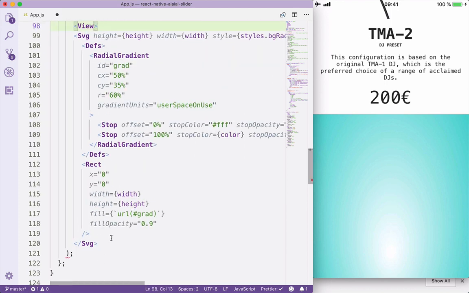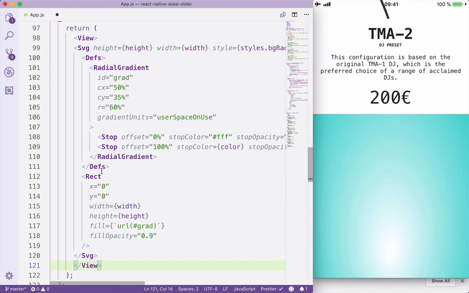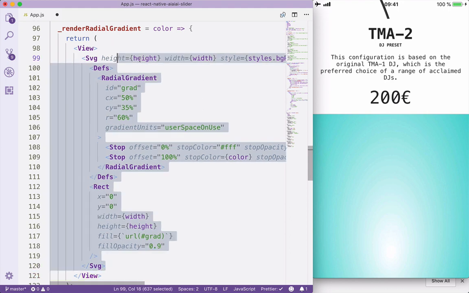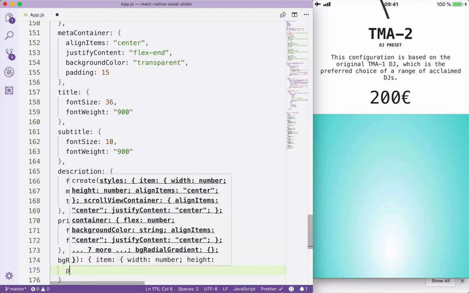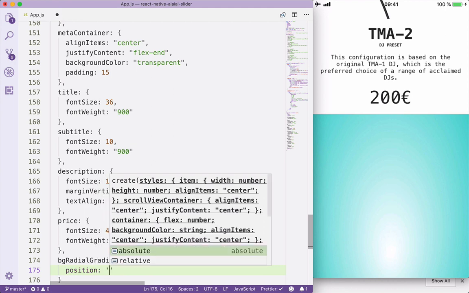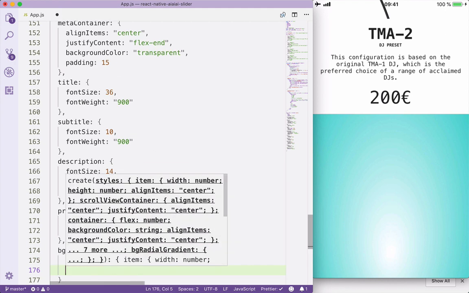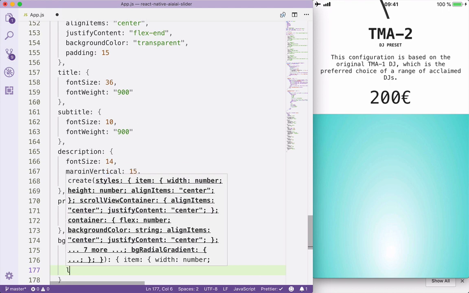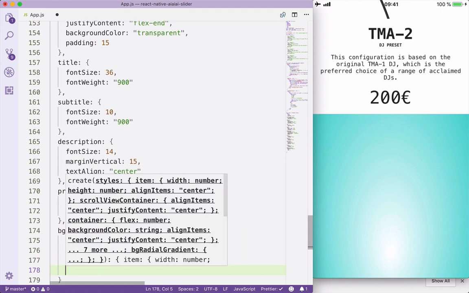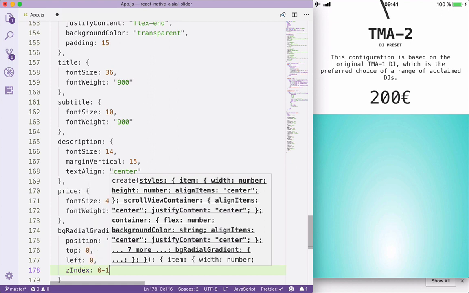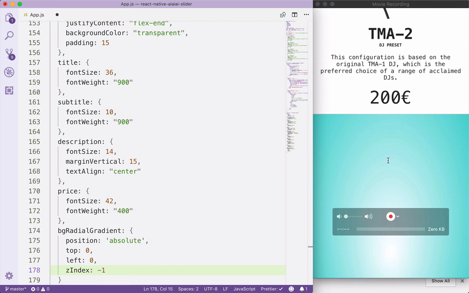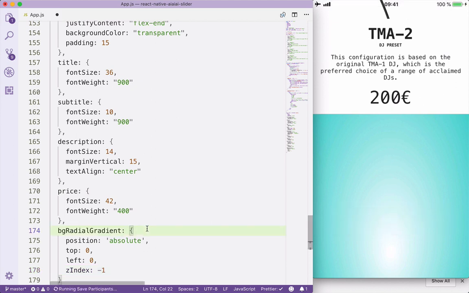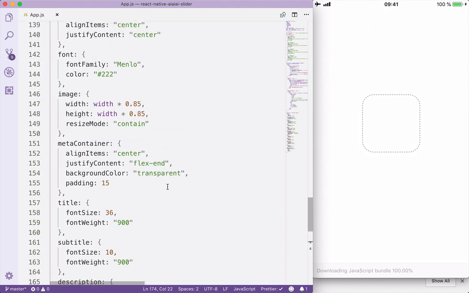Let's wrap this into a view, and for the background radial gradient, we said let's apply a position absolute, and also a top 0 and a left 0, and let's apply a z-index -1 because we want to have it below everything,